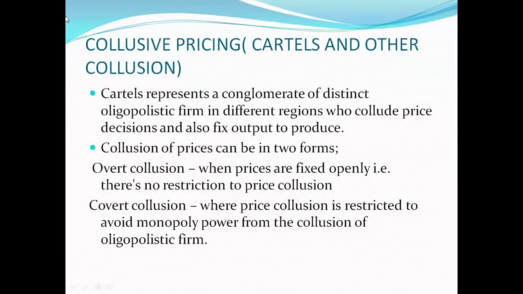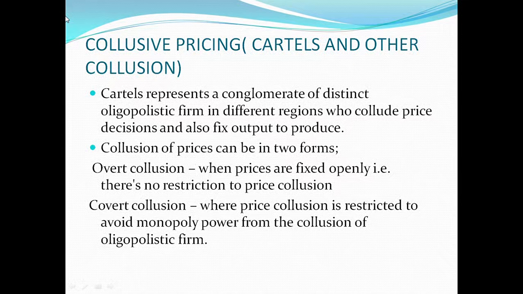and price leadership. Under collusive pricing, we need to understand the concept of cartel, and by cartel we mean the conglomerate of distinct oligopolistic firms in different regions who decide to collude on price decisions and also fix the outputs which they will produce. And by this, a reasonable example would be OPEC. OPEC is simply a conglomerate of distinct countries in oil production who collude on price decisions and also fix the outputs that different countries are to produce